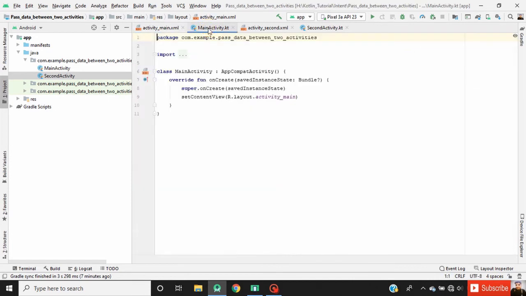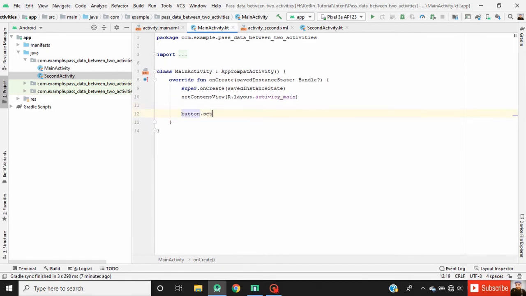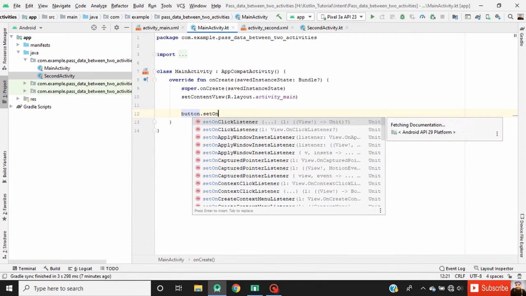Now go to main activity.kotlin. First add the click listener on button: setOnClickListener.